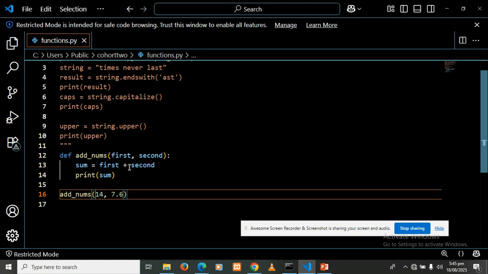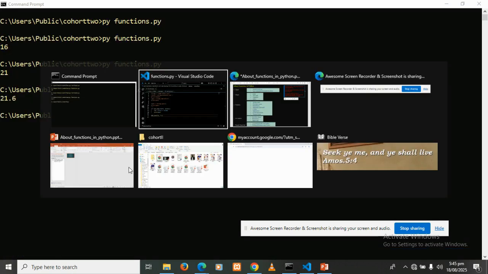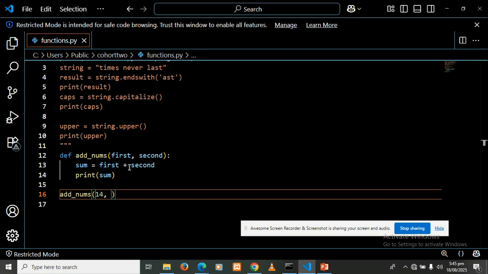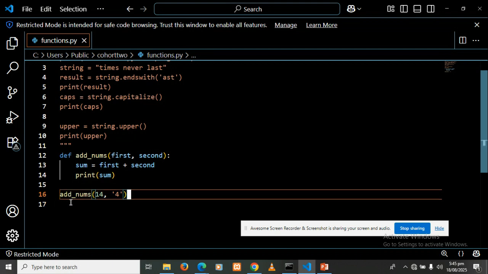For example, 7.6 is a floating point number. We could also provide floating point numbers, because floating point numbers can also be added, and then the function is going to work just fine. But again, what if we decide to provide something else that is not a number? Let's say we decide to provide a string, let's say 4. So here we're going to get to understand the important concepts of data types. Data types are different kinds of data. So as we can see now, I have provided a string here, which is different from an integer or a float. As you can see, the string is enclosed in quotes. That makes it a different data type